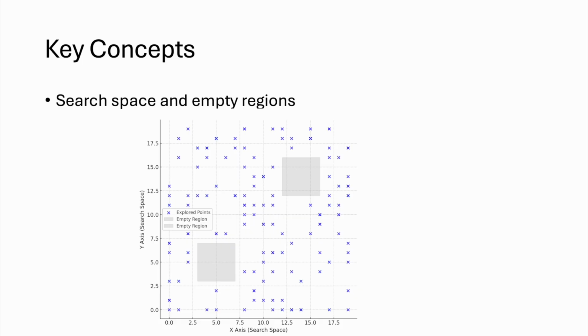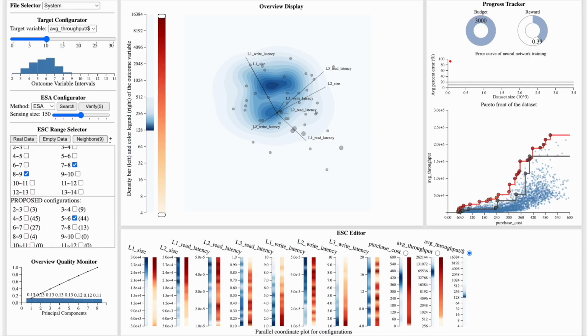With these key concepts in mind, let's dive into GapMiner and see how it leverages AI and human expertise to explore and optimize high-dimensional spaces. GapMiner is a visual analytics system that helps users learn the dataset, explore the empty space, and progressively identify optimal configurations. It is composed of four major parts: the control panel, the overview display, the empty space configuration editor, and